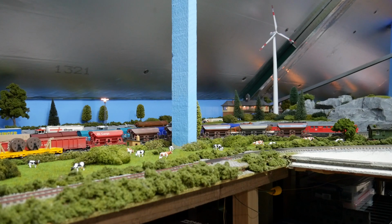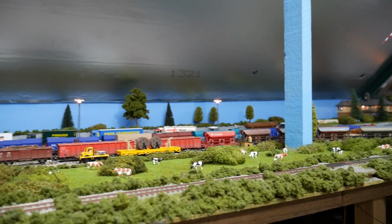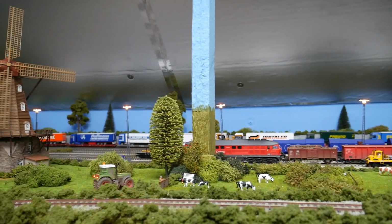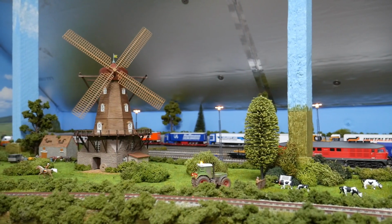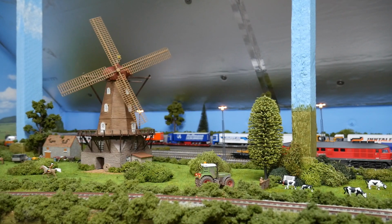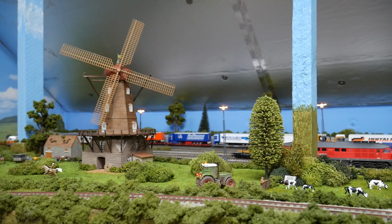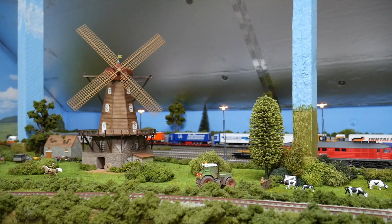but to make it work slower on the windmill, what I'm going to do is add a resistor, or just install another cheap ESU decoder, wire it into the track, and just treat it as another loco. But it's quite therapeutic watching it go around. Quite like watching it. It's quite nice,